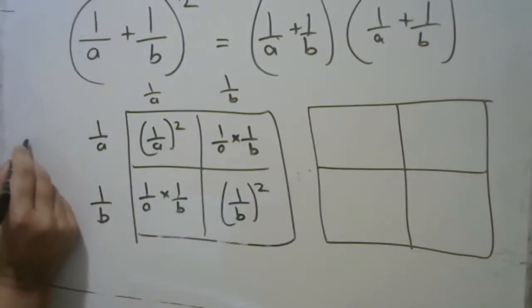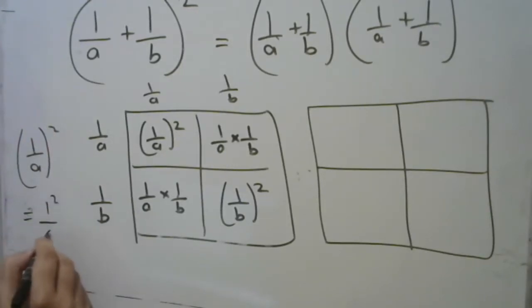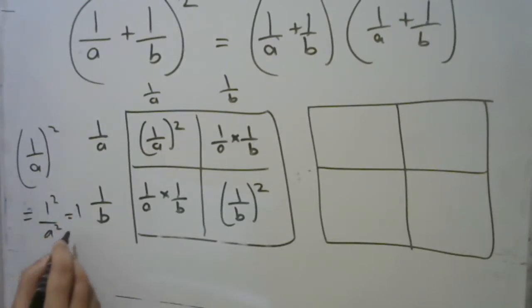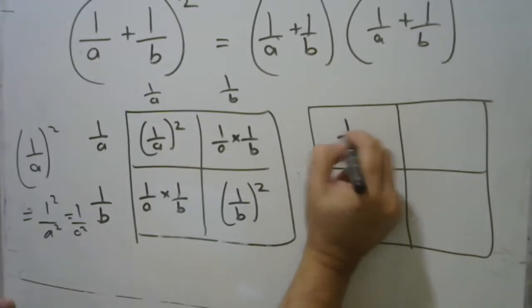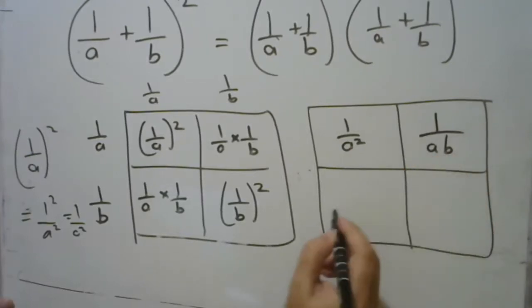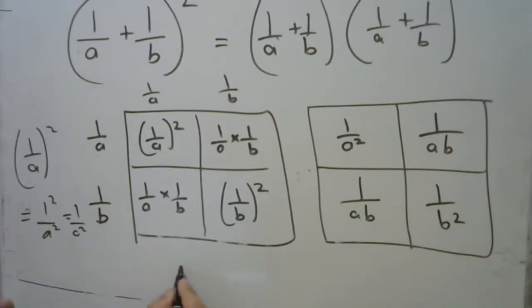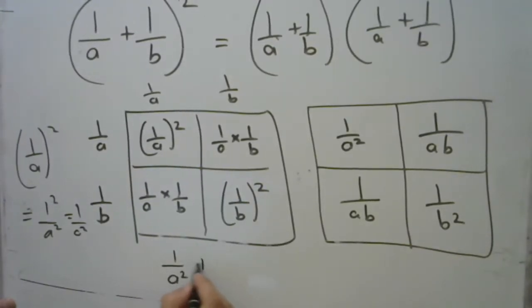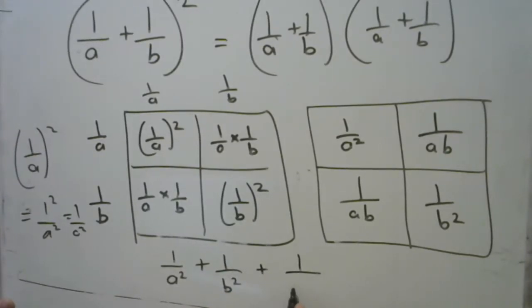Now (1/a) squared is the same as 1 squared upon a squared. Well, 1 squared is 1. So it's going to be 1 upon a squared. So (1/a) squared is going to reduce to 1 upon a squared, and this is going to be 1 upon ab, 1 upon ab, 1 upon b squared. So you're going to have 1 upon a squared plus 1 upon b squared plus 1 upon